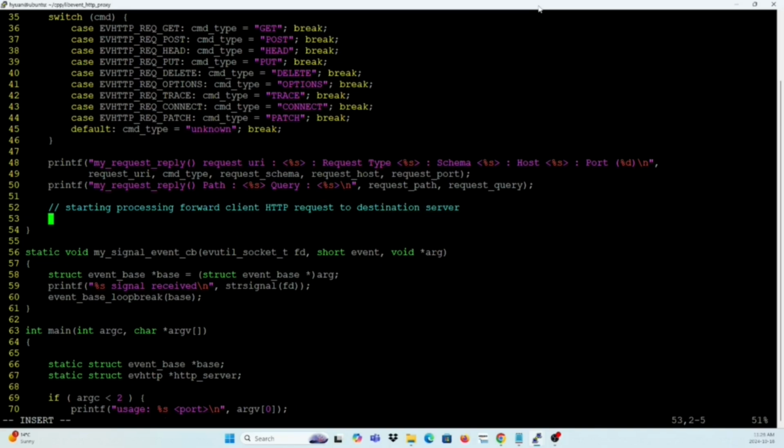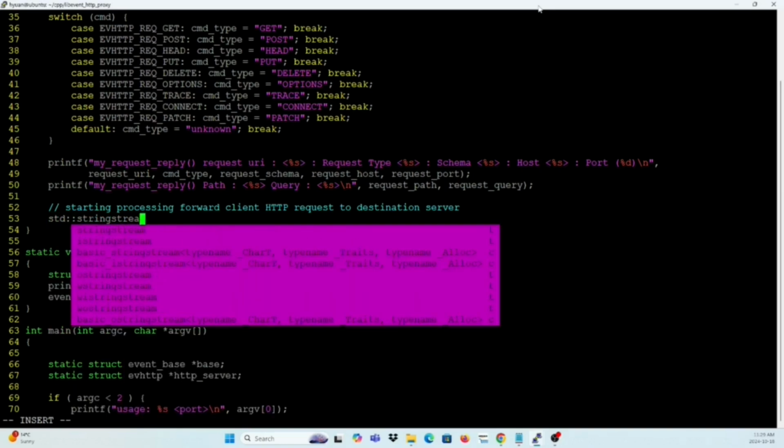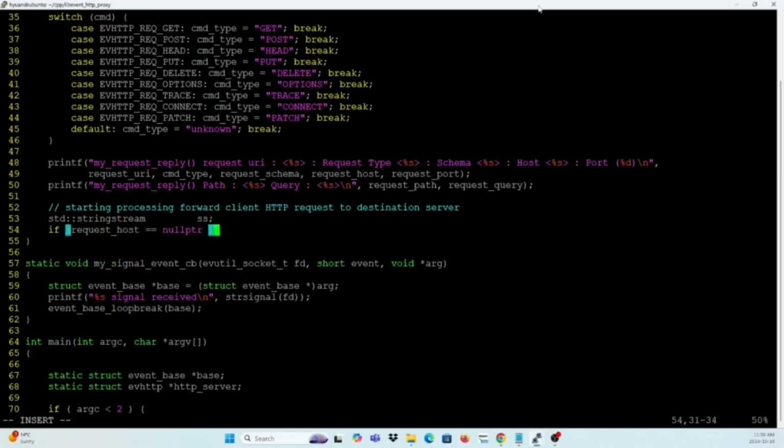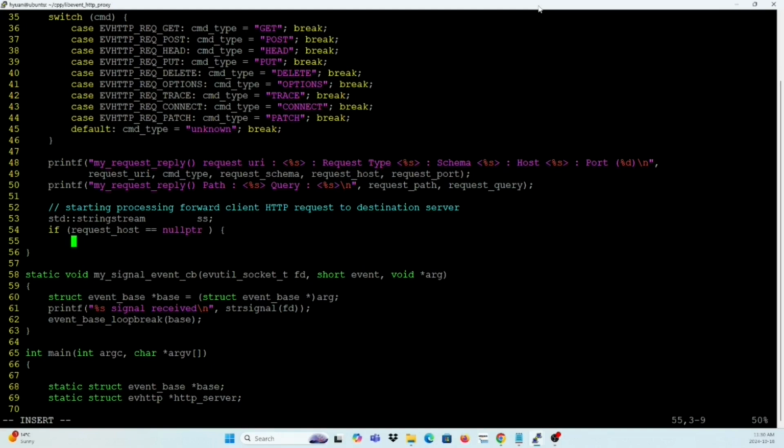Forwarding the client HTTP request to the destination server is similar to making a client HTTP request. To make a client HTTP request, at minimum, it must have schema, host, and port number. These can be obtained from the evhttp request get functions. First, we decide if we need to rebuild the connection URI string or not. If the request host is null,